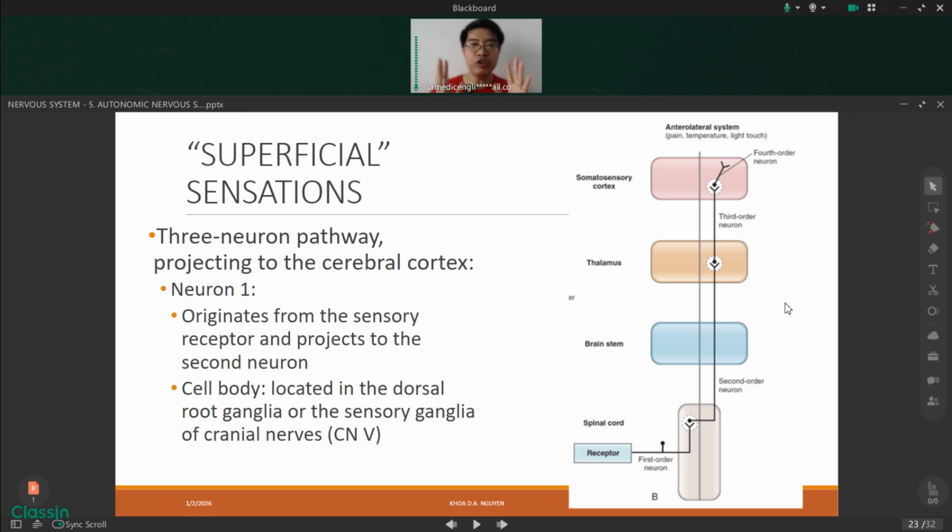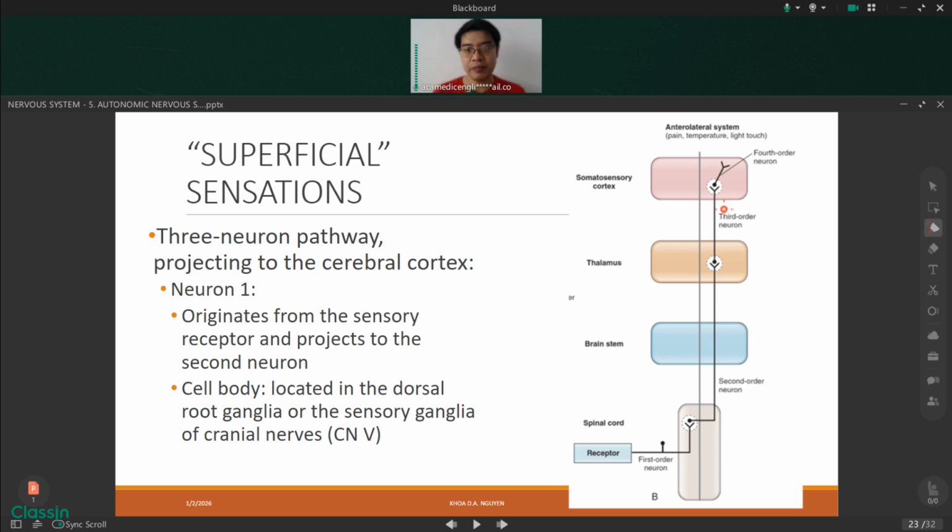Now, what you need to know is that for both the deep and the superficial sensations, there is always going to be a pathway of 3 neurons, which goes from the periphery all the way to your cerebral cortex. Sometimes, for example in the BRS or the Costanzo physiology textbook, you will have a 4th order neuron, but we will concern ourselves with only these 3 neurons, 1, 2, and 3, because those are the chain of neurons that eventually leads your sensation all the way